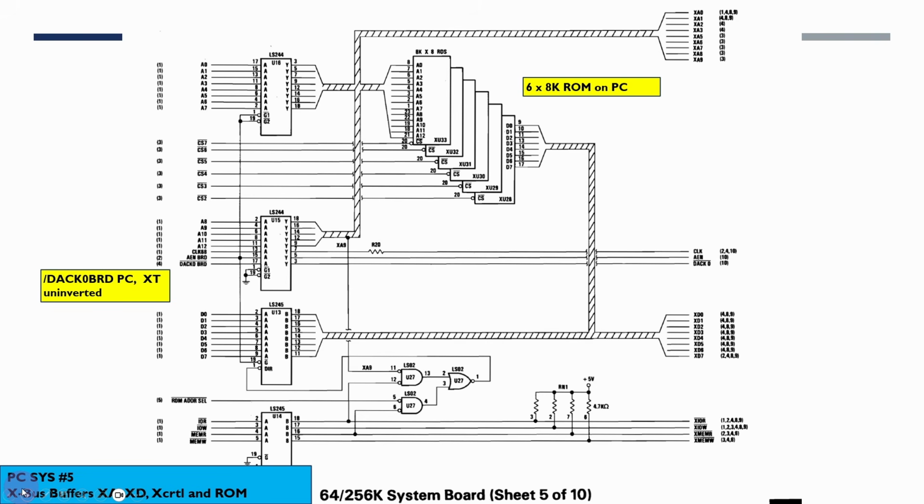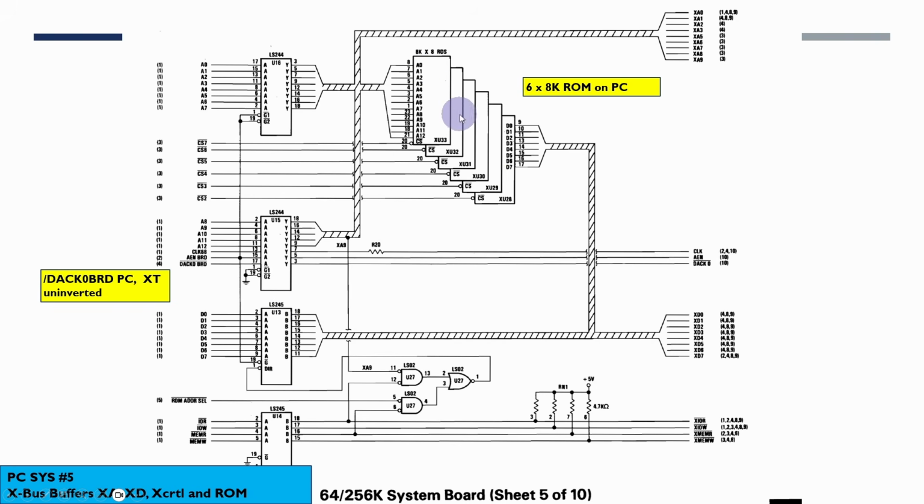things like the timer, DMA controller, interrupt controllers, all those sorts of things were on a separate bus. Partly, I think, because the main address and data buffers probably weren't able to drive all of the expansion sockets by default, and so this X bus was actually separated off, and we had both the address and the data bus. So this is some of the buffering for the X bus, but we've also got a number of ROM